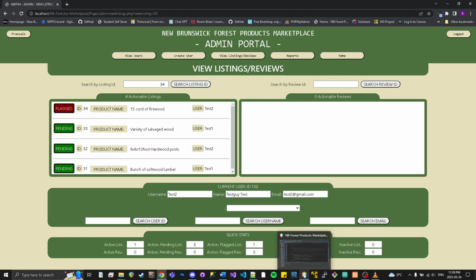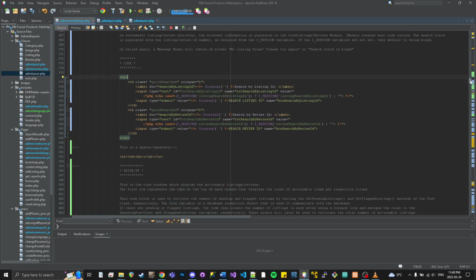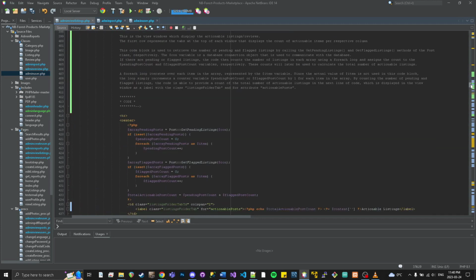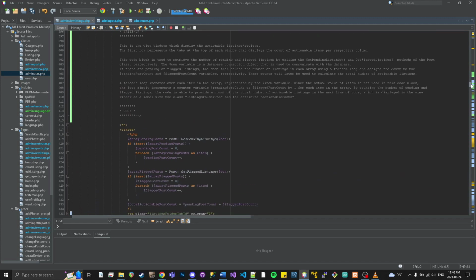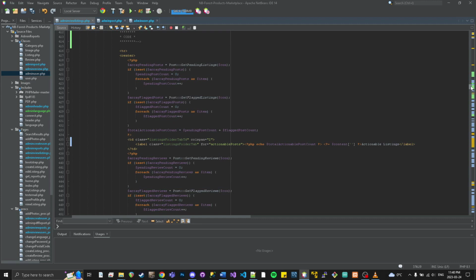On failed query, a message modal will inform of either no listing found, please try again, or search field is blank. This is the view windows which display the actionable listings and reviews. The first row represents the tabs at the top of each window that displays the count of actionable items per